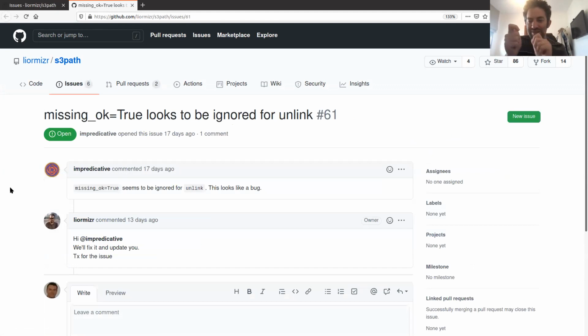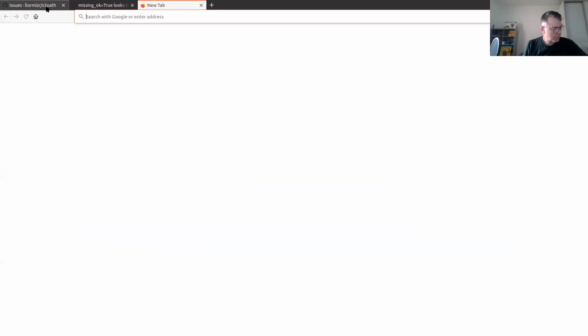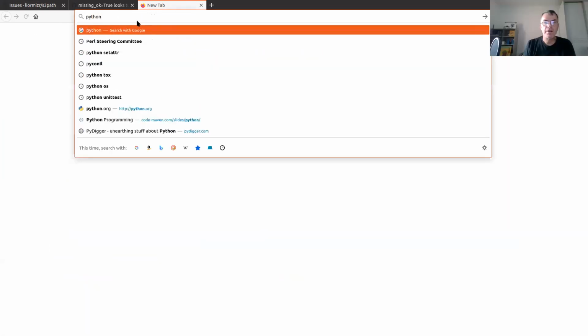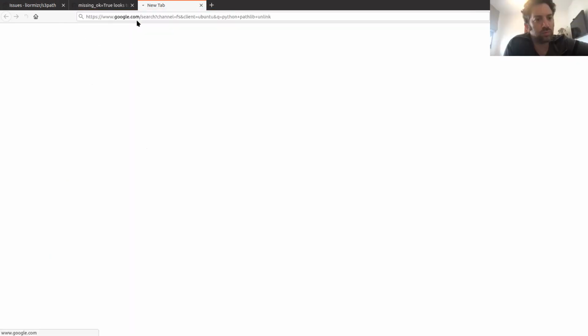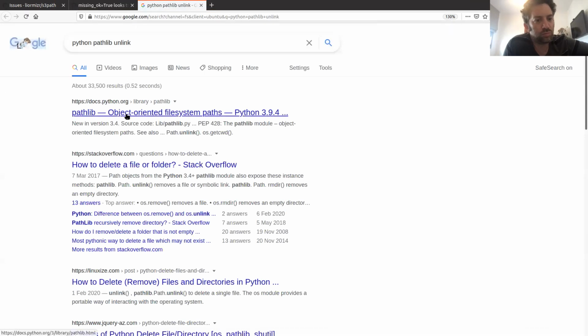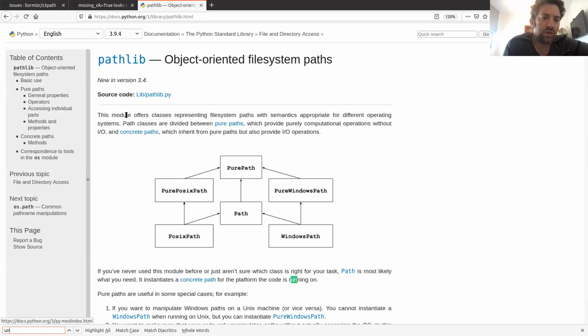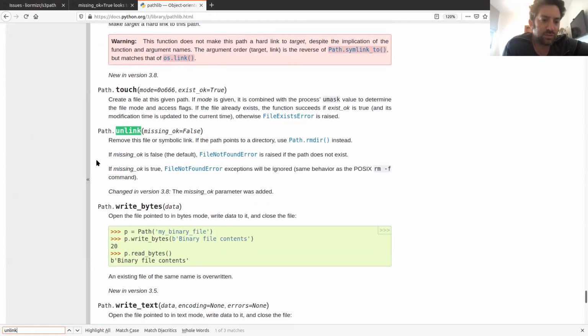Because it's not exactly the same. If you open another tab and search for Python pathlib, let's check what the unlink method is.